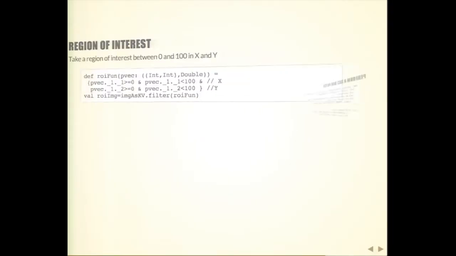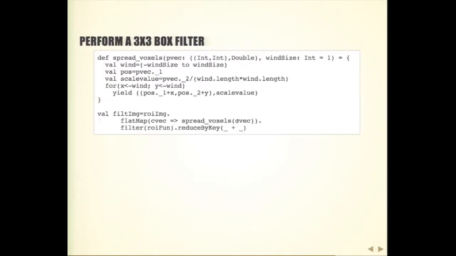And as part of the course I had, and as part of these slides, which I believe will be made available on the Spark Summit website, we have some basic material on how you get started doing imaging tasks in Spark. Here, this is how you load an image and save it into this key value format. And then how you can do simple tasks like performing a threshold on this data, looking at a region of interest, doing a box filter.